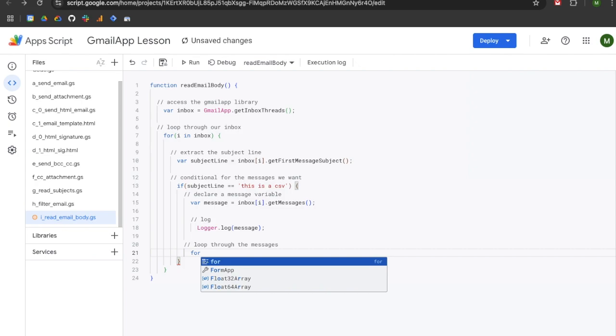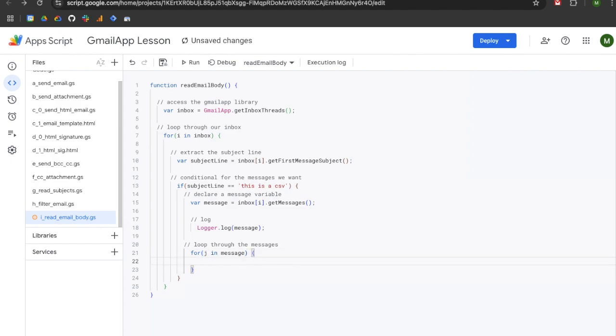So we're going to do another loop, and we're going to open up a set of parentheses. But we don't want to use the same variable because we are inside of a loop right now. So I is followed by J, so we'll use the letter J, and we will say for J in message. We're going to hit the right arrow on our keyboard, right arrow again, hit space, open a set of curly brackets, hit enter once, add 2 slashes for a comment, hit space, and we will log for